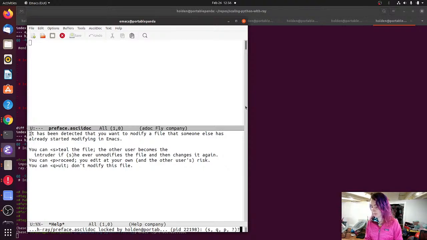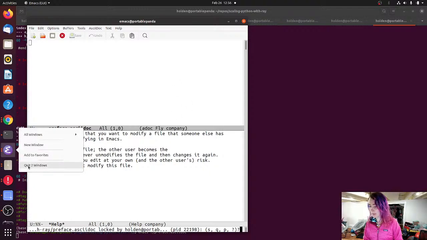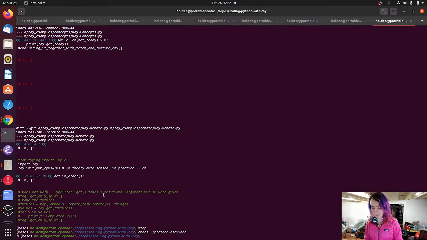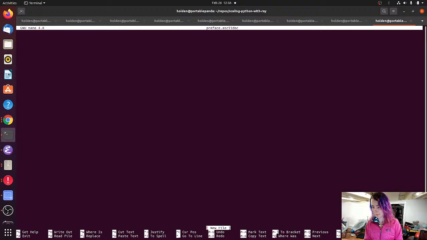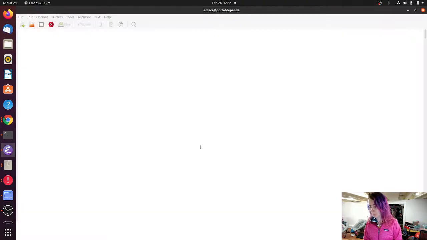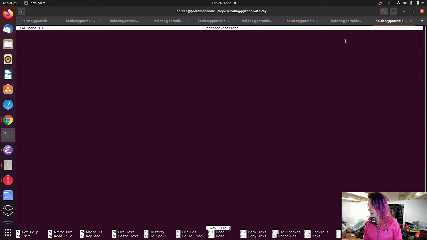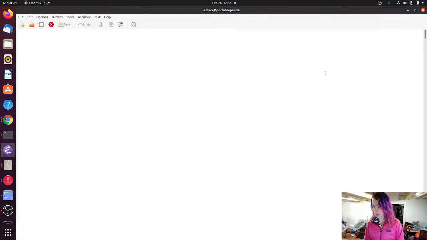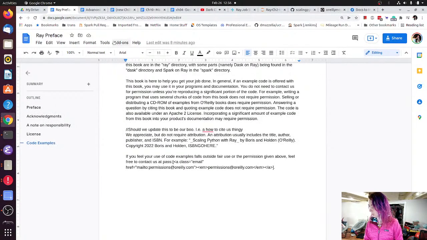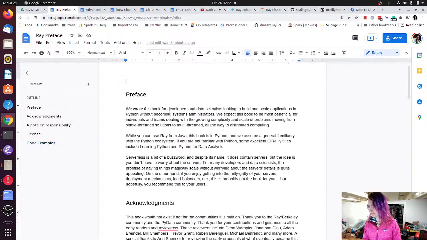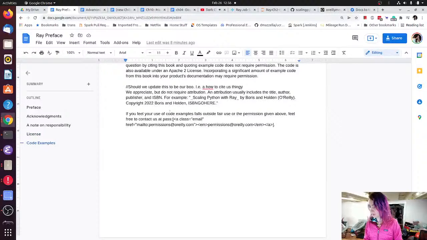I would like to steal the file. Yes, steal. Okay. It could be that AsciiDoc mode is being kind of not great, which happens. And so I'm gonna do this. Okay. It looks like my clipboard is being weird. God damn it. I'm tempted to just convert this to like Markdown and then